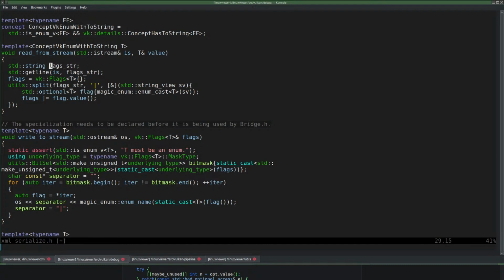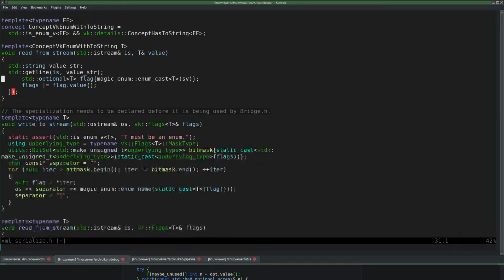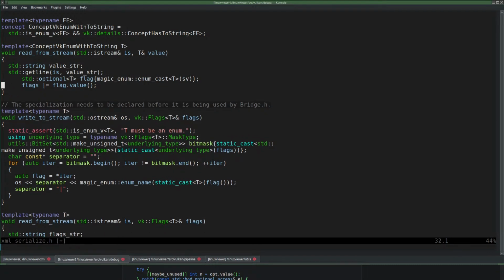Then this is the same thing, I guess. Value string. And we read that. And then we don't have this. We have value. We don't need to split it. So we split. And then we get back magic enum cast tsv.